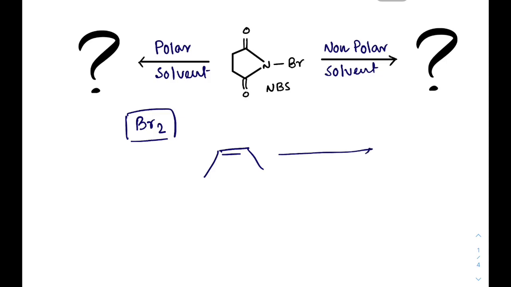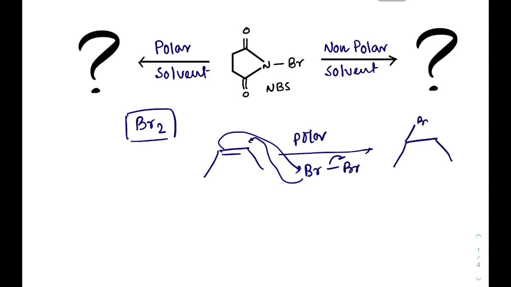If there is a polar solvent, then Br2 reacts this way. It attacks over there, and this attacks over there, and forms a cyclic bromonium type ion, which is like this, right? Now this type of bromonium ion is positively charged in the transition state, therefore it gets stabilized in the presence of a polar solvent like water or any kind of polar solvent.